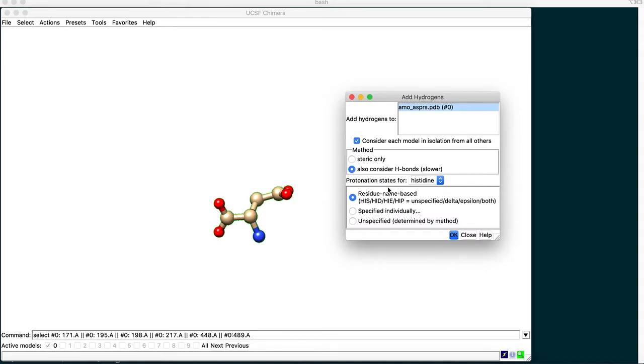And then you have the protonation state for the histidine residues. The histidine residues can have three different protonation states. One is the delta histidine, which means that a hydrogen is attached to the delta nitrogen of the histidine base. And then you have epsilon histidine, which means a hydrogen will be attached to the epsilon nitrogen of the histidine residue. And then you have HIP, which is protonated histidine, which means both the nitrogens will be protonated by two